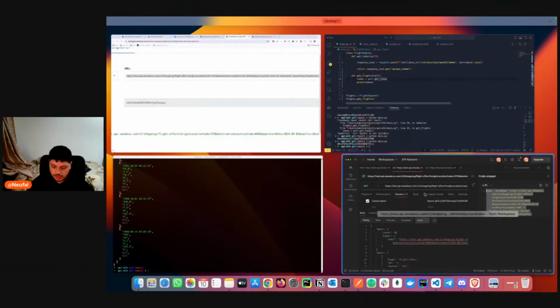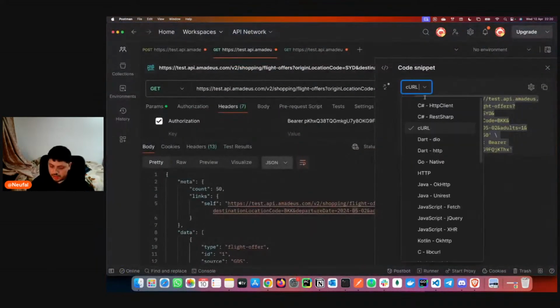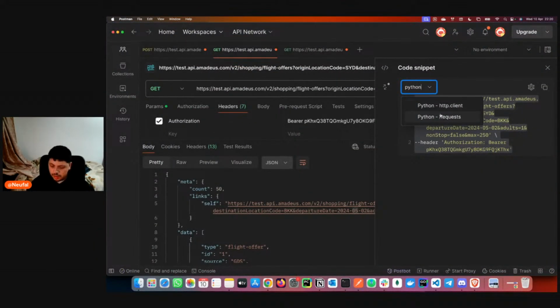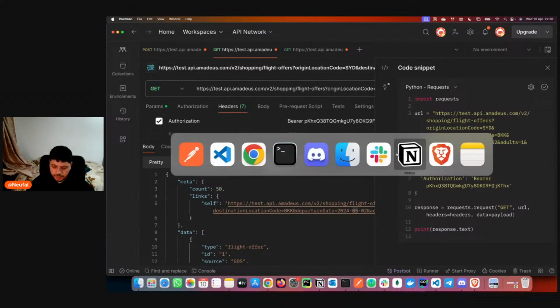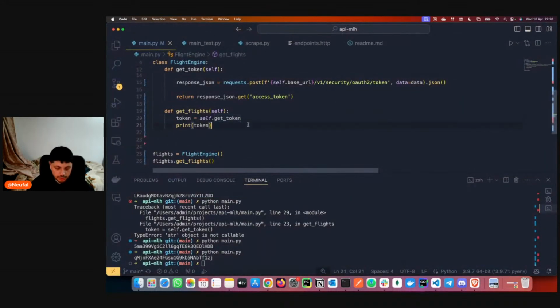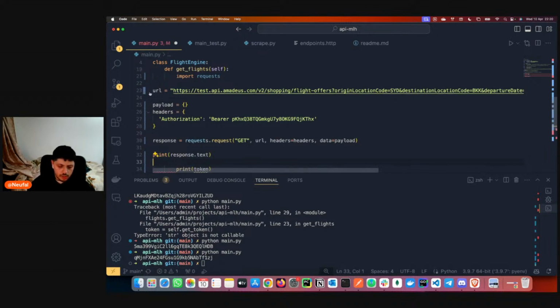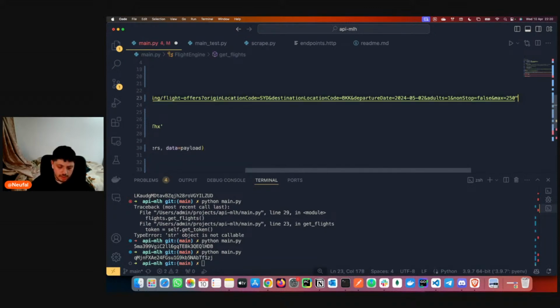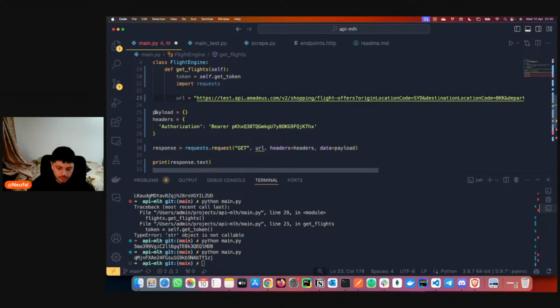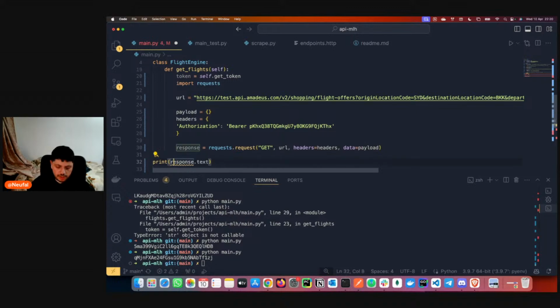Let's use the website, or we can just copy here. Sometimes if you copy here, maybe the structure is not the best one, but we can try. Okay, no worries. We can just indent this inside. Sorry for this manual job. Okay, we just put this inside the get flights function, and there you go.